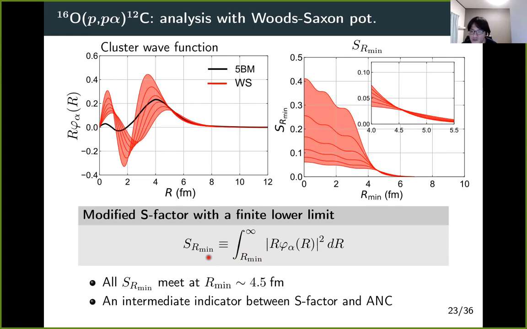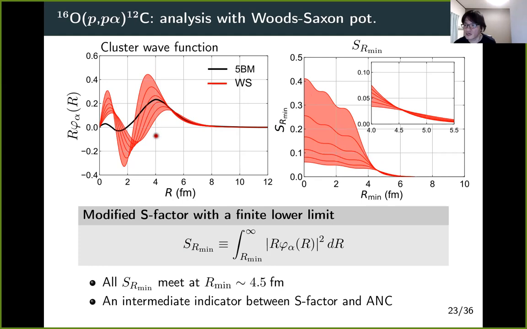Here I draw the modified S factor versus this minimum radius. At the origin, 0, these are the S factors for these. You see this band, and this is very interesting: they come together at 4.5 femtometers. So the spectroscopic strength above 4.5 femtometers is the same for all these